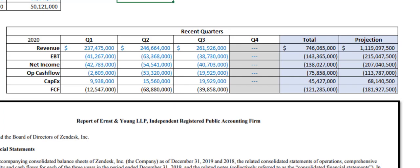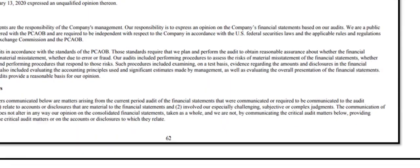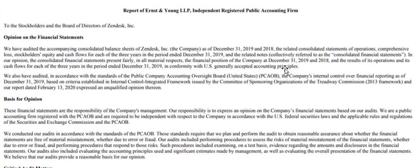But for everything else, earnings before taxes are not looking good. Net income is looking negative again to me. Operating cash flow for the first time is looking negative to me. CapEx has been high this year compared to average as well. One quarter we've already surpassed one full year in 2017, which is not uncommon for a growing company,